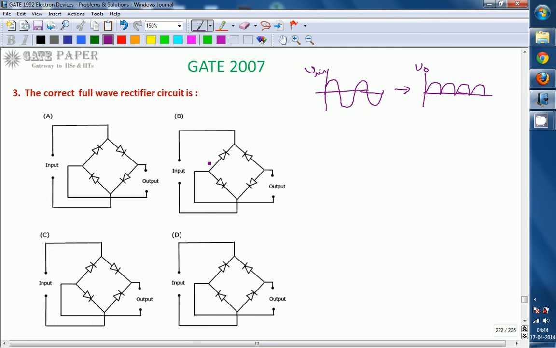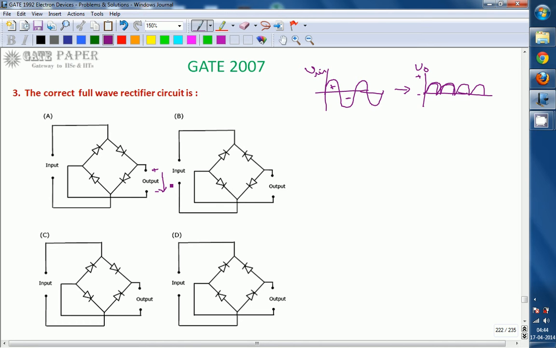That is V0, the output voltage. Irrespective of the input voltage, current always flows in the same direction. The meaning is that whether the input side is in the positive half cycle or the negative half cycle, the current always flows in only one direction on the output side. If it is the positive side, current always flows in this direction only. So this is the direction of current, it should flow in this direction.